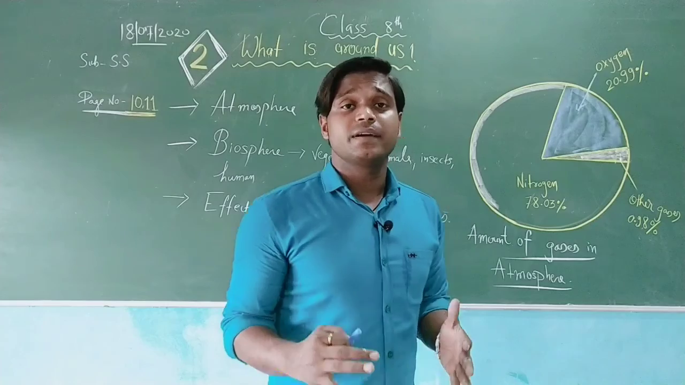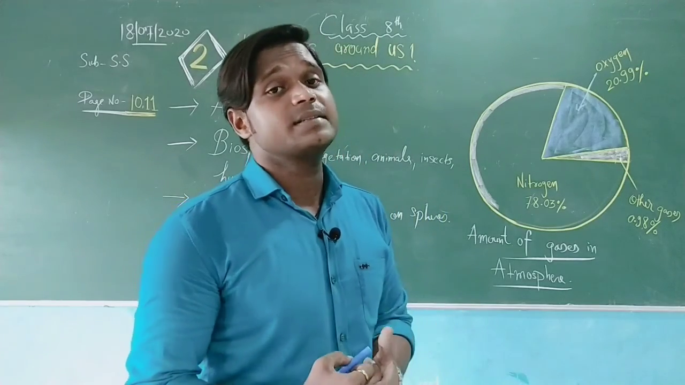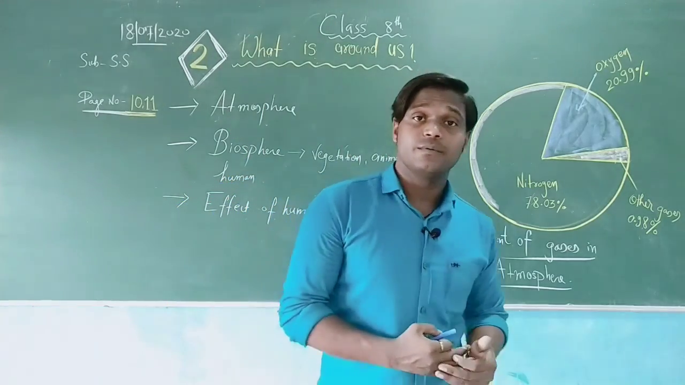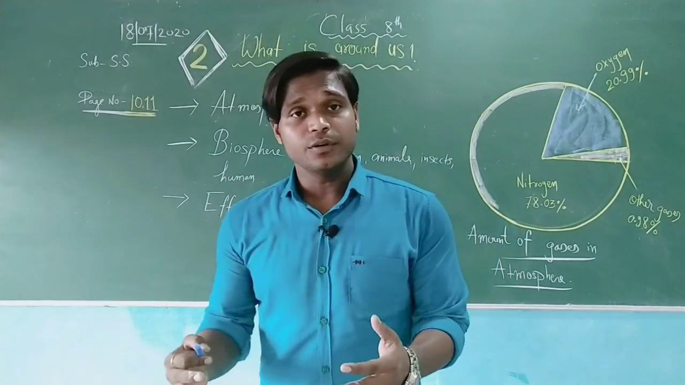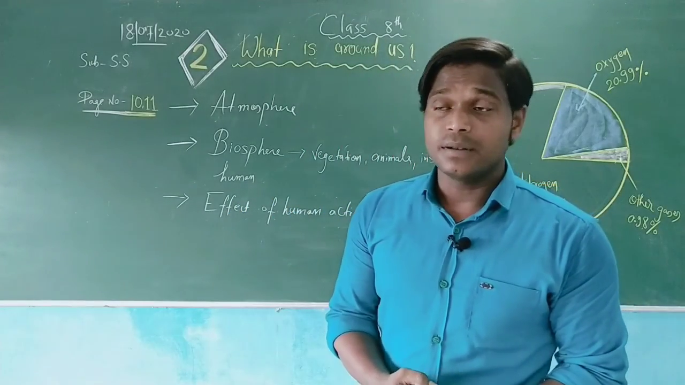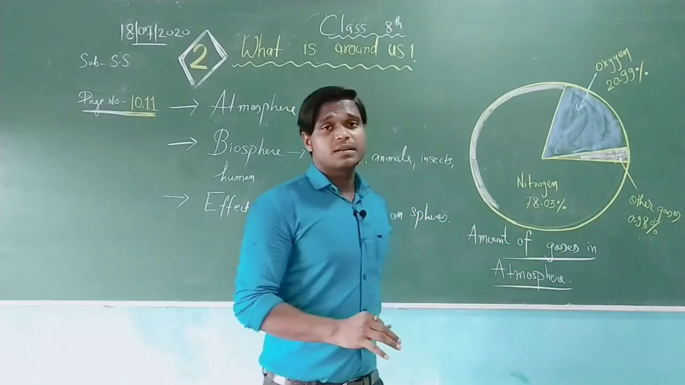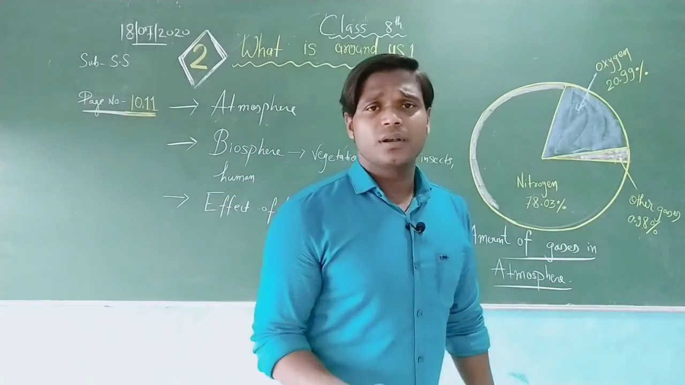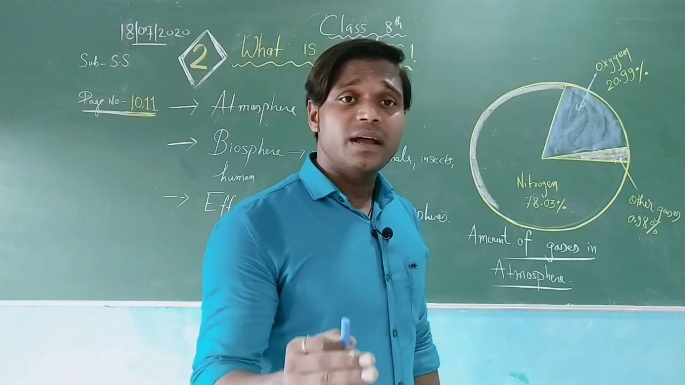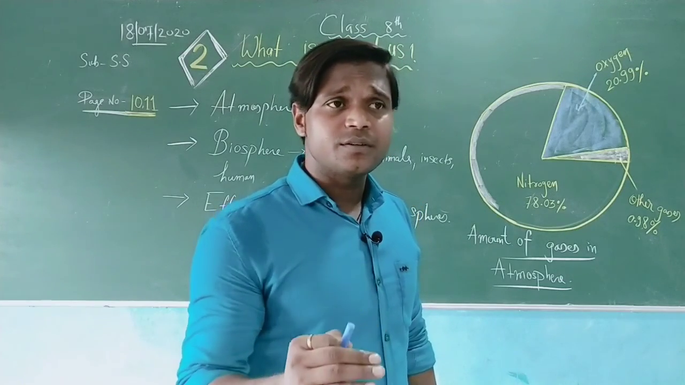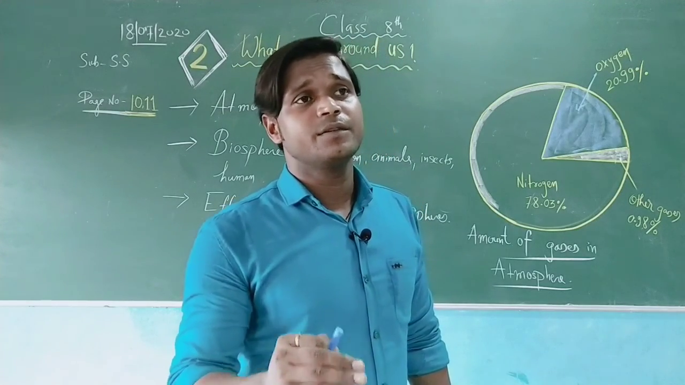So by this graph we can understand what amount of oxygen is available, what amount of nitrogen is available, and what amount of other gases are also available. If I talk especially about nitrogen, it contains very little or no water. But when nitrogen contains some amount of oxygen also, then there is water available, because